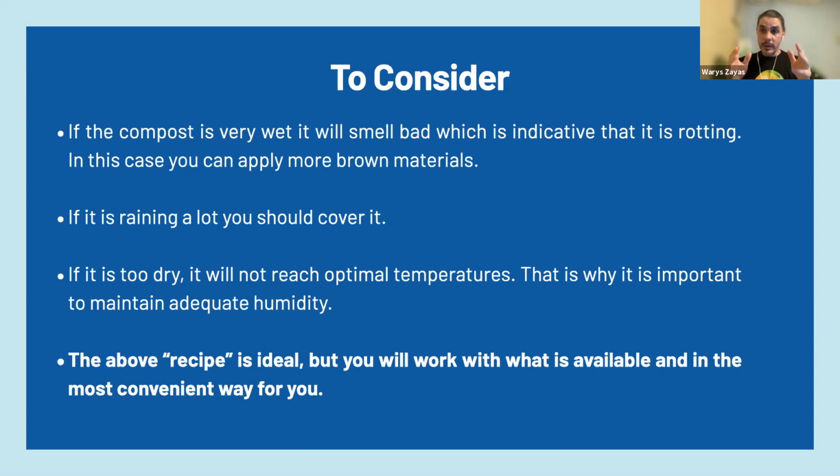If we'll need green and brown materials, yes, we will need, but don't get crazy trying to have the right amount of each one in the piles. Really basic. You think that you should have in that pile more green material than brown material. So that's the carbon-nitrogen relation that we need to have there, right?